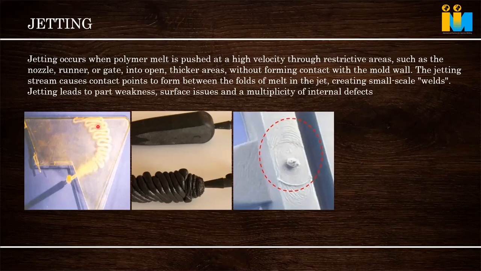So what people do is increase the gate size. Yesterday we discussed the types of gates. Make a little bit wider gate. Sometimes they rotate the runner so that instead of shooting into the cavity, it is diverted and given to the part. And sometimes in the molding machine, people reduce the speed of injection. Even so, in many cases it will not get solved, which means we have to do it in the mold properly: gate size, runner size.